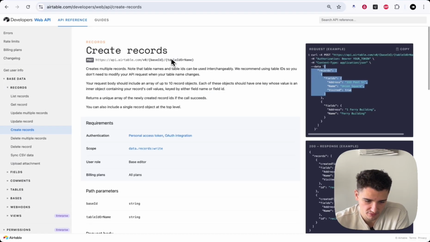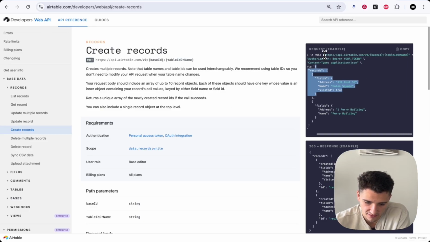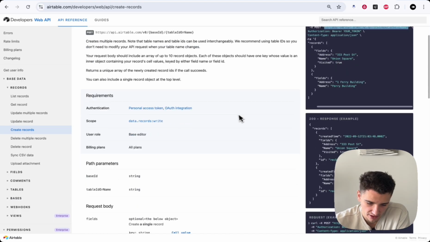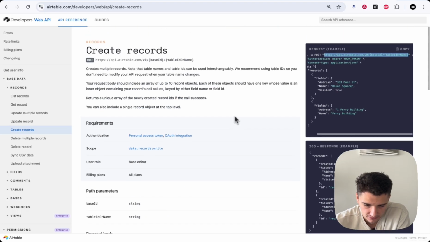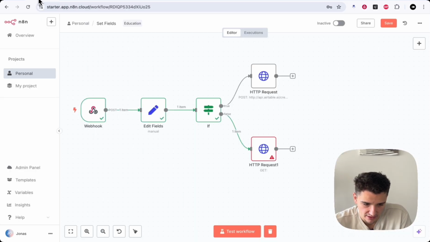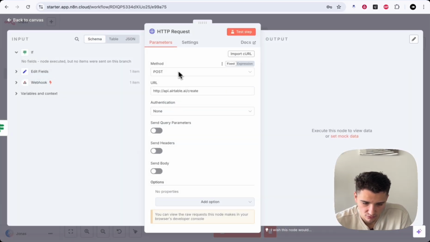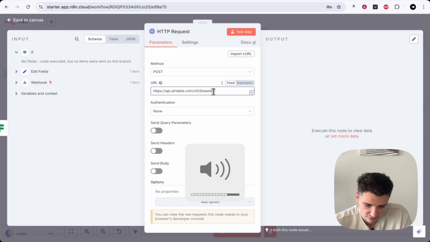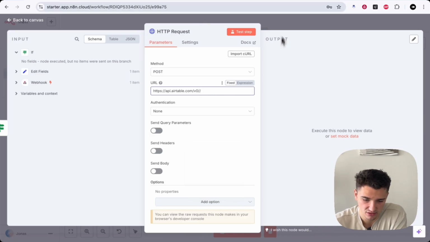So I'm on the documentation page for Airtable. We know we need this as a header or an endpoint that we can point to. So if I copy this, heading over to n8n, we'll see our URL is this, api.airtable.com/v0/, and these curly braces are what values we need, so we can delete those and we'll populate them. So we need our base ID,